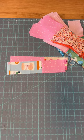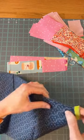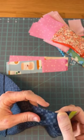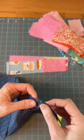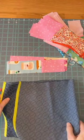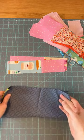Okay. If you are using a warp and weft print, these fray like crazy. Along the edge, I don't know if you can see, they fray super easily, and it's a little bit uncomfortable to see that happen. So one thing you can do if your fabrics tend to fray a lot is starch your fabrics,